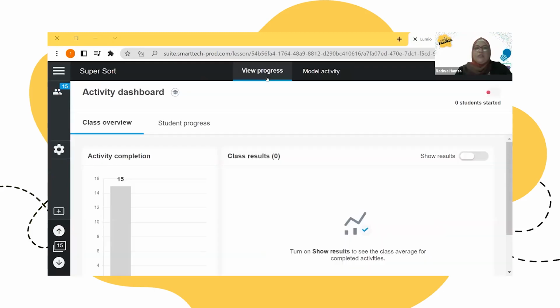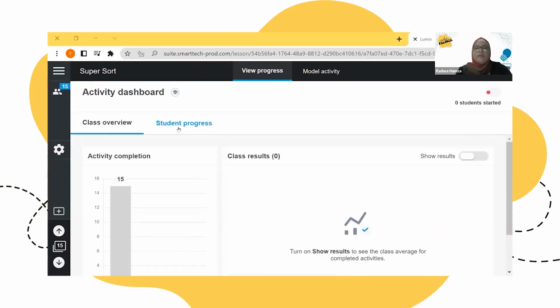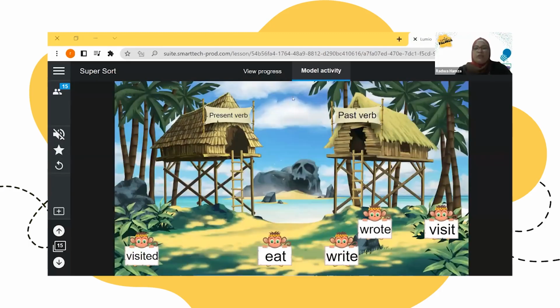And here also in Super Sort, you can see which students have started the activity or not. Here, I want to show you something. Again, let's match visit. This is the present verb visit. The past verb of visit is visited. Yes.